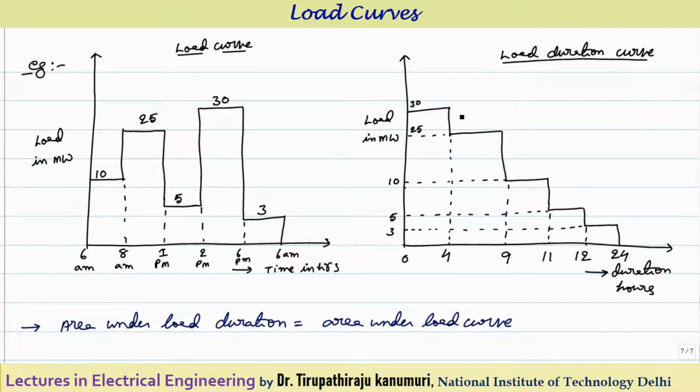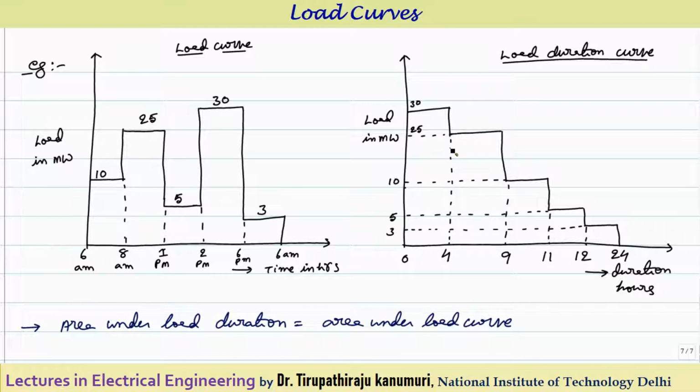So generally we know that different types of power plants are there, like hydro power plant, thermal power plant, nuclear power plant, gas power plant, diesel power plant. Whichever power plant is very old, as the power plant becomes old, the maintenance cost goes on increasing because frequent maintenance will be required. And the second one, some types of power plant have more running cost, such as diesel power plant. Those types of power plants which are not economical can be used for supplying this load, because that power plant will operate only for 4 hours and supply this much. As it is supplying for less time, automatically the unit cost will be less.